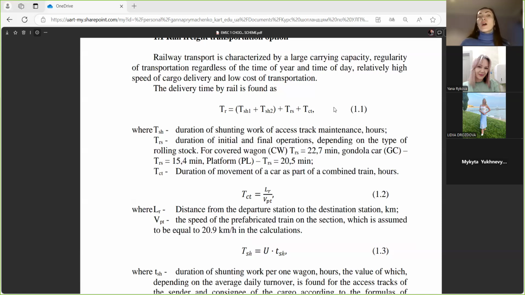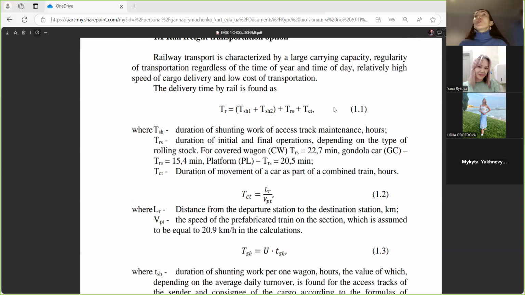We could find different types of delivery time by railway transport, but very often it is near 20 hours. It could be 18 hours or 60 hours, for example, different types of times. Sometimes it is a very big period of time, sometimes very little because it is a short distance, and after it we could calculate it and find that maybe it is better to use car transport because railway transport is more useful when the distance